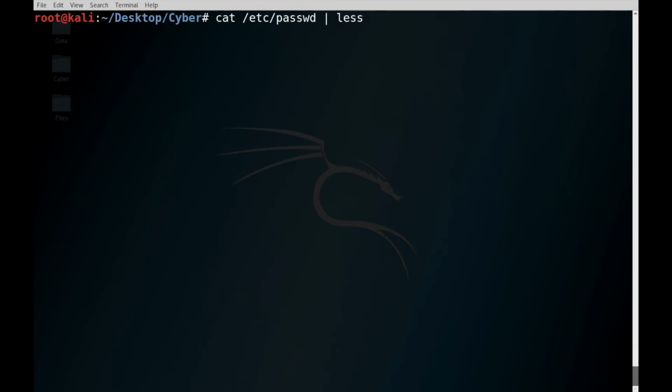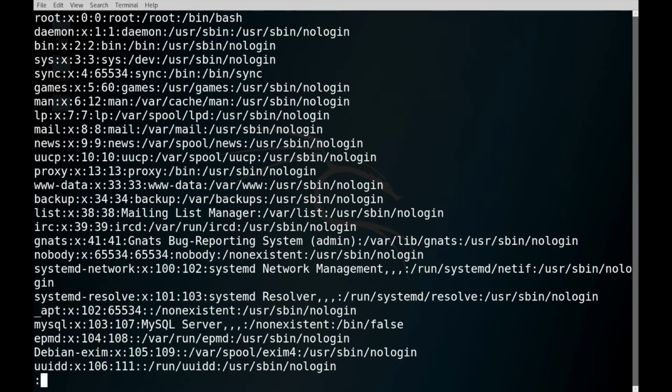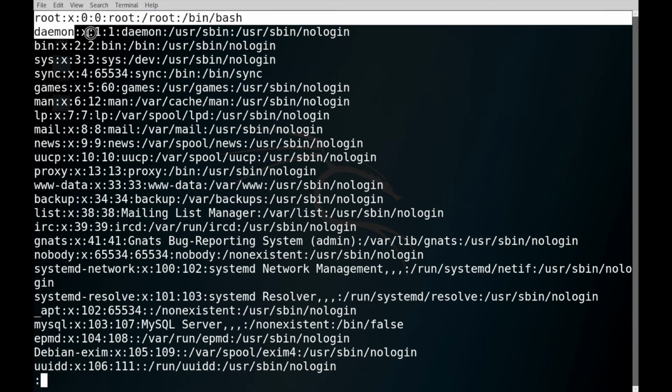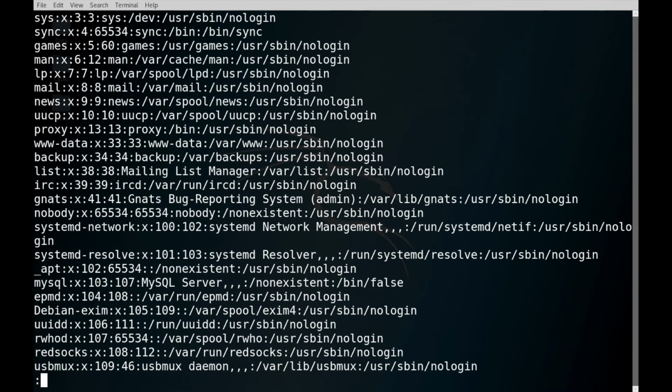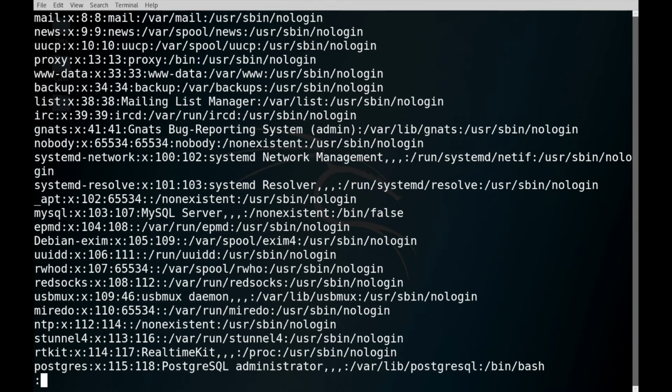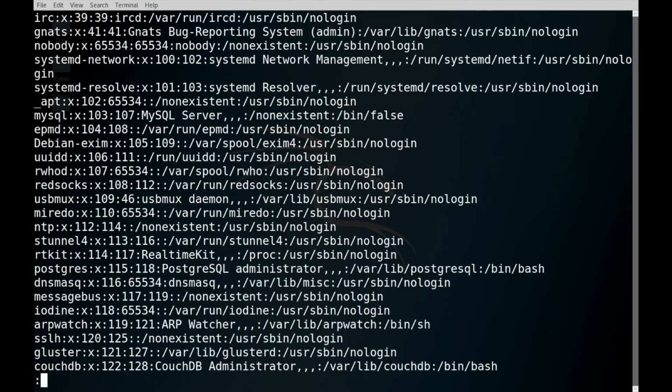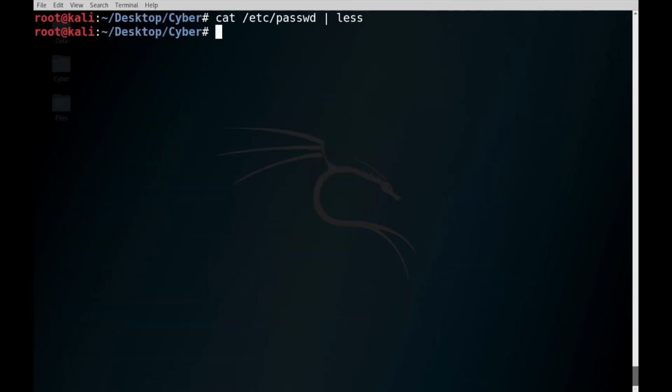The less command actually shows less, and then you can keep scrolling and see more data. Here you can see it is showing us the data from the top, and you can keep scrolling like this or using the enter button, and whenever you want to come out of this you just press Q, and now you are out of that screen and on the shell again.